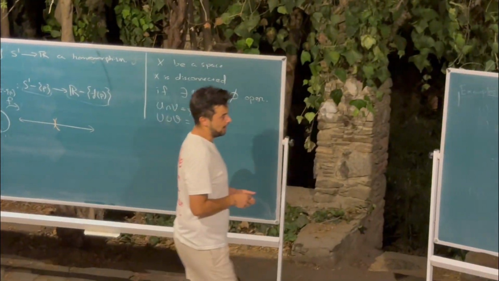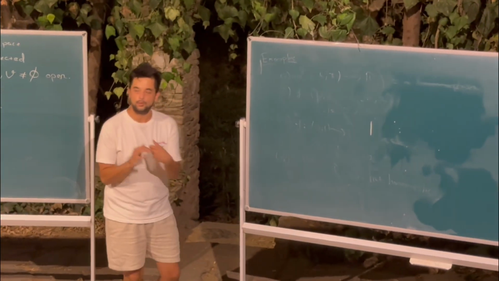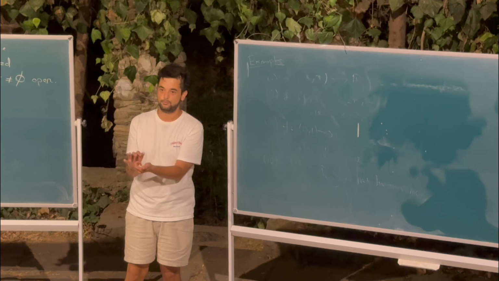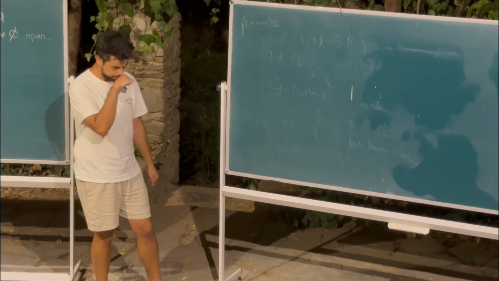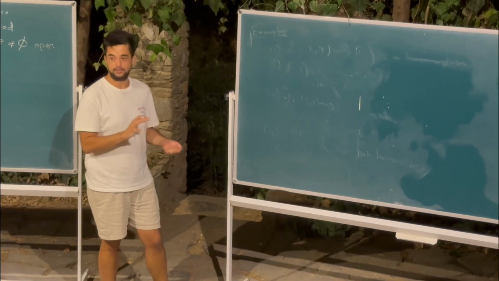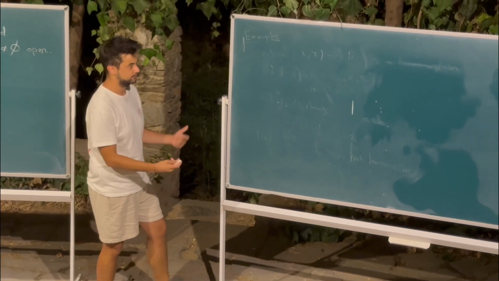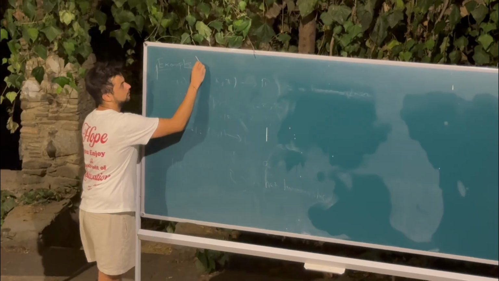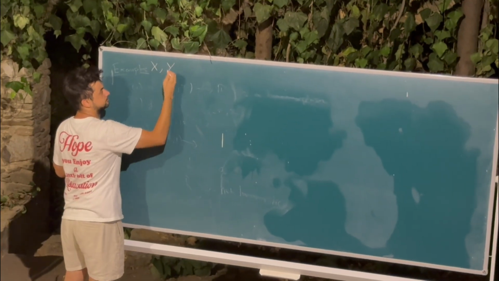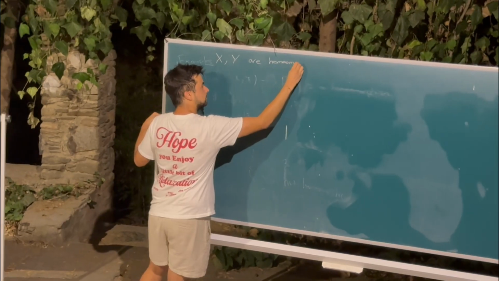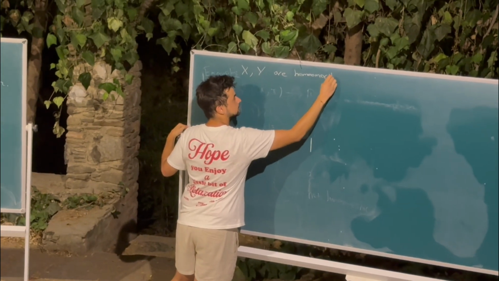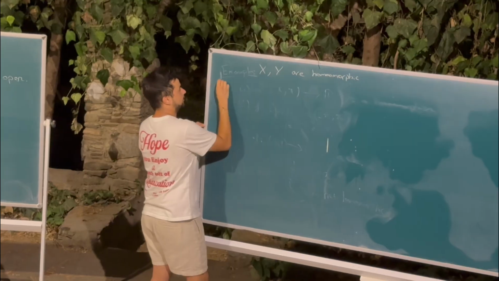Okay, now I want to slightly change. I want to give you an alternative definition for homeomorphism because it will make us see what homotopy equivalence will be in a better way. Okay, I want to give you a different perspective. So we say that X and Y are homeomorphic. I hate this word. If